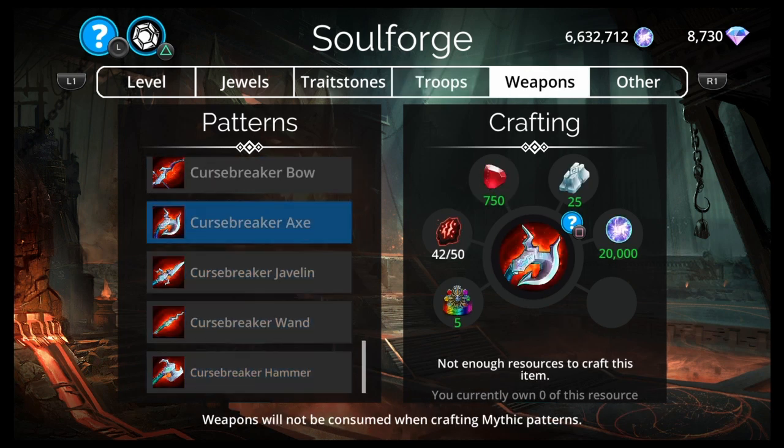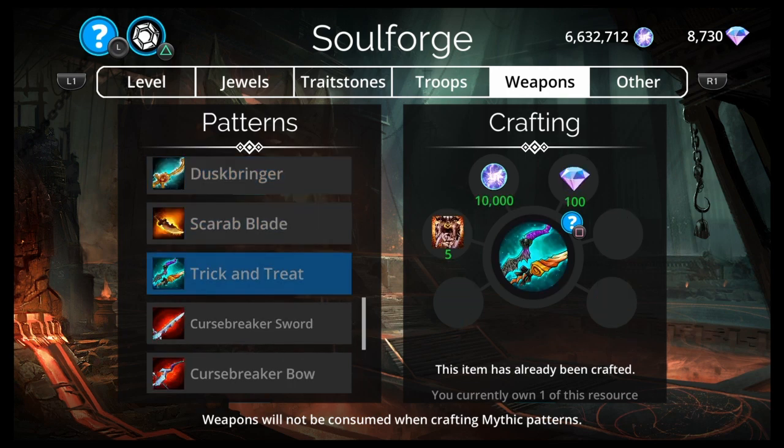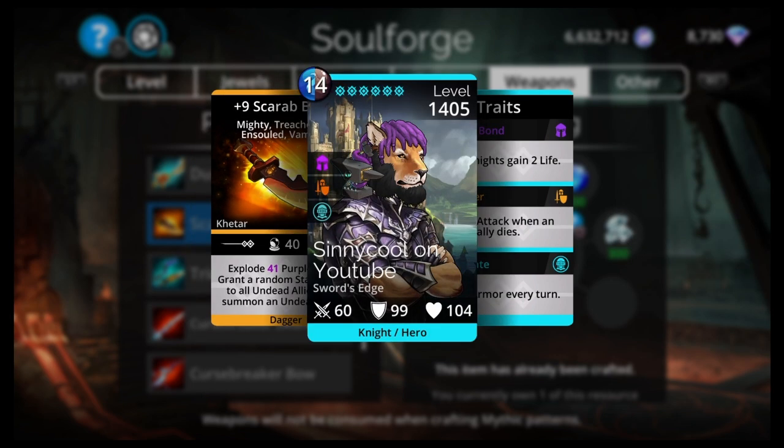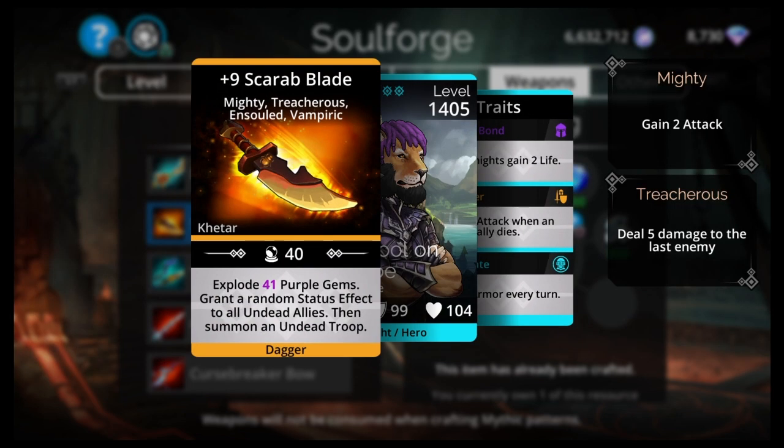Alright, for weapons, there's just a bunch of utility weapons here. They're okay, like Scarab Blade, however you say it. Please correct me in the comments. Explode purple gems. Grant a random status effect to all undead allies, then summon an undead troop. I think you can use this right now in the world event, so...